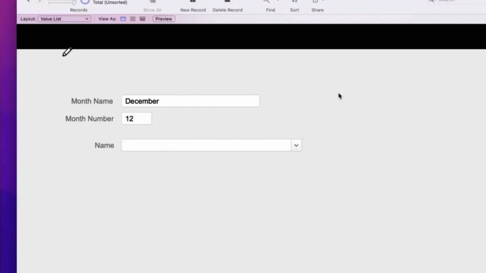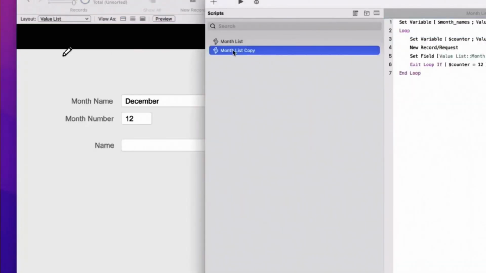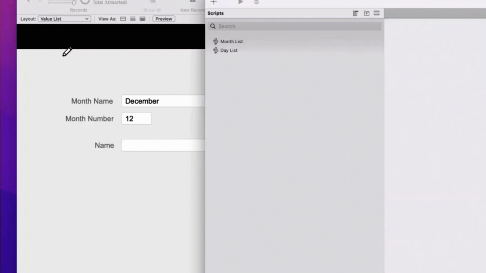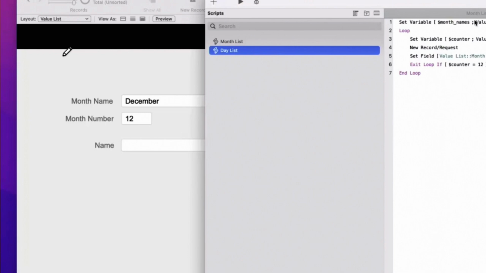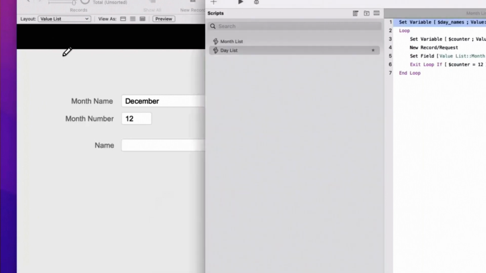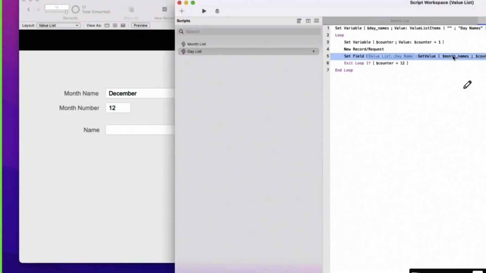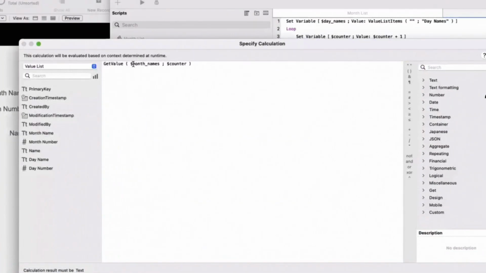And you duplicate here. You do the same here. You duplicate this, and day list, okay? And it's the same. You change the name of the value list, and you change here, it's the day name, and you change here with days, and that's it.